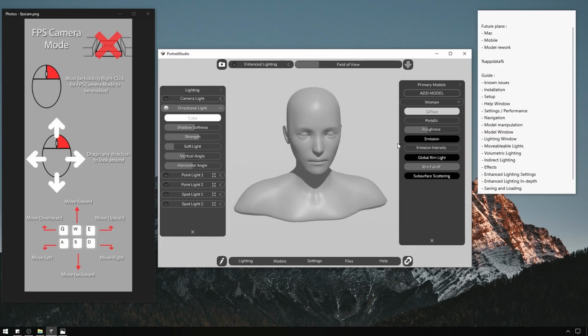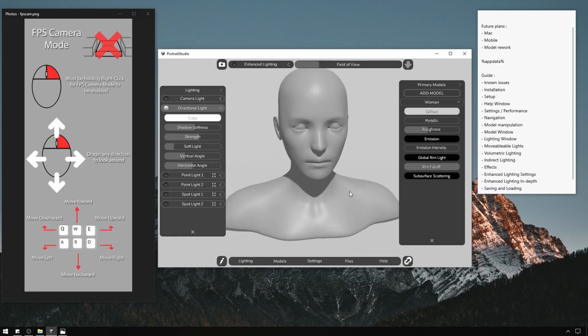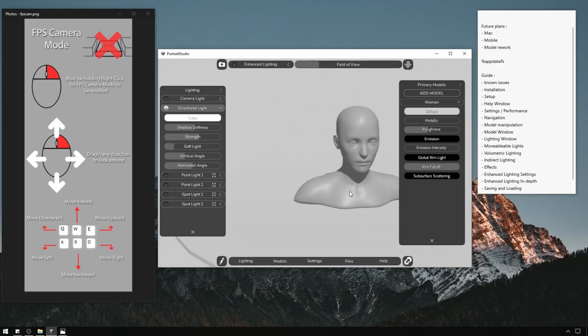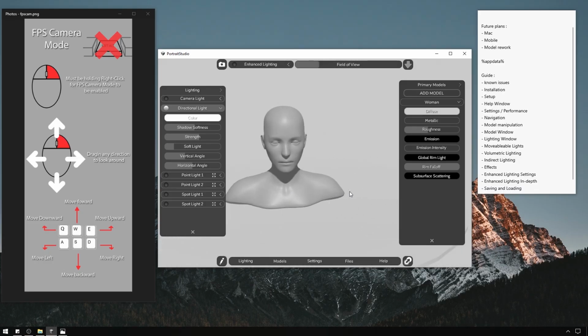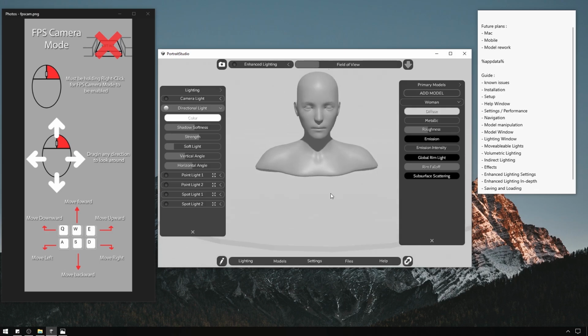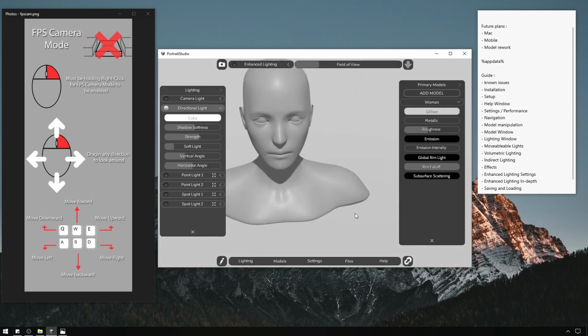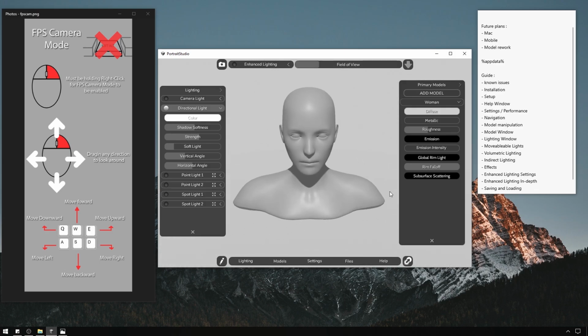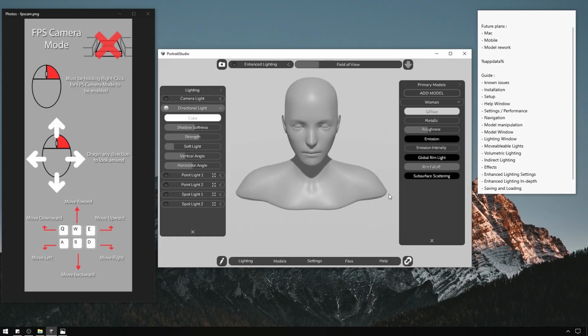And if we want to move the camera, we press W to go forward, S to go backward, A to go left, D to go right, Q to go down, and E to go up. So just like in any video game where you can move around in a first-person camera mode, that's exactly how